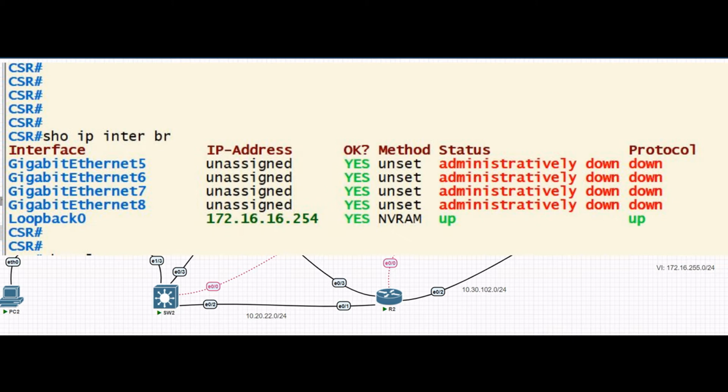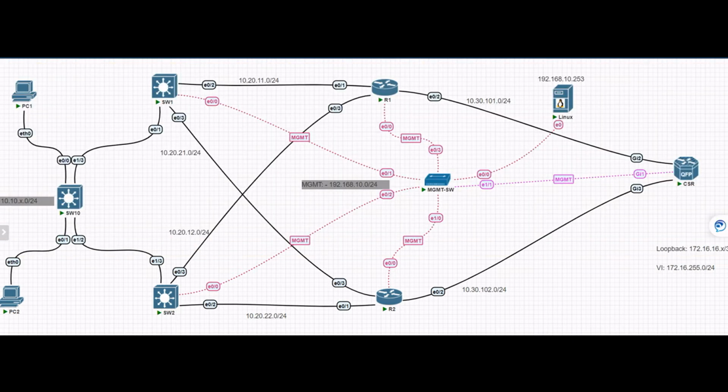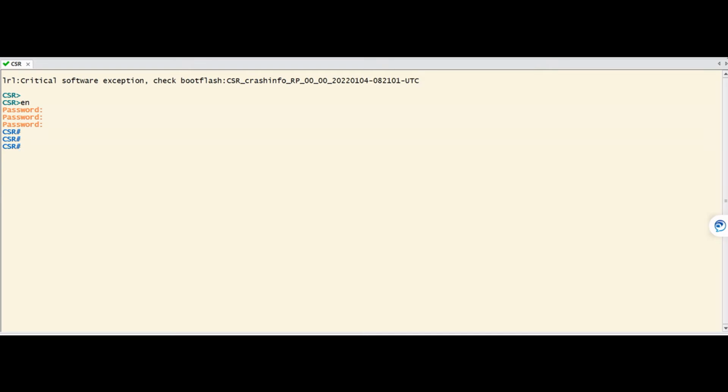So without wasting any time, let me log in to the CSR router and check the interface status. Oh, this is not a switch, but it is a router, so let me type the command for a router.